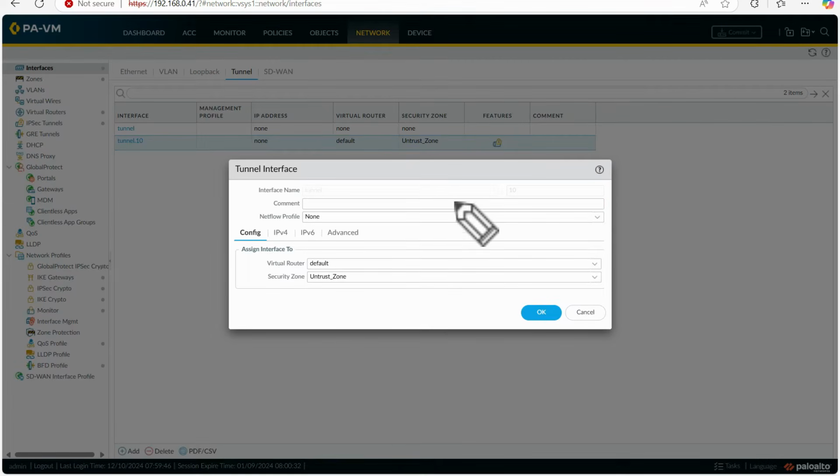So now here you have to type any number. In my case, I have typed 10. I have assigned this tunnel interface to the untrust zone, but it is also possible that you can assign it to a different zone and create policies on that different zone. It is also possible. In my case, my physical WAN interface and this tunnel interface are in the same zone, which